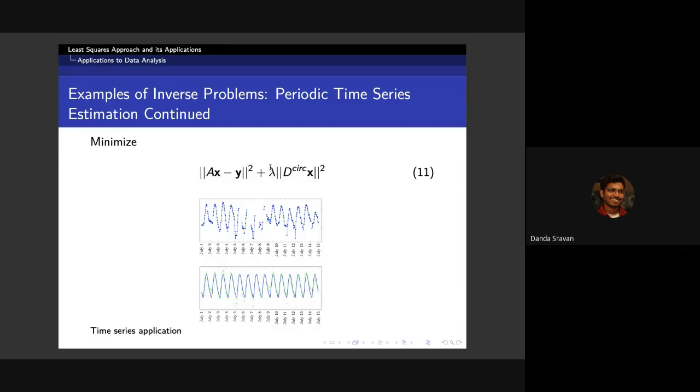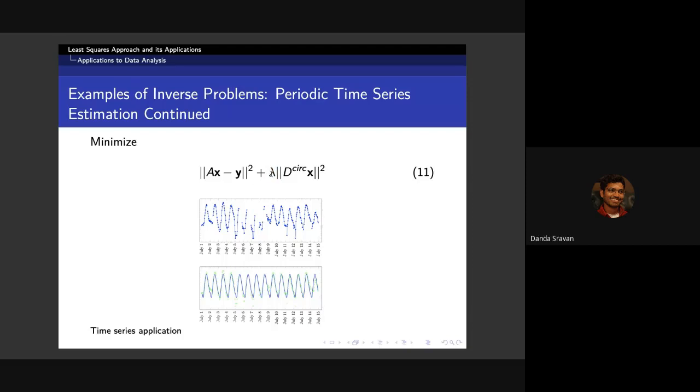So this lambda is a weight that tells me how much smoothness I wish to have. In other words, if I have a very low lambda, that means I am almost minimizing just this, which means I don't want any smoothness as such. On the other hand, if I go to the other extreme and set lambda to be very high and minimize this cost function, then I would get more or less a constant solution. So that would flatten out completely. In practice, I want to choose a lambda such that I get a good balance. For one such lambda, you can see that if my data is something like this, my estimates would be like a periodic function like you see here.